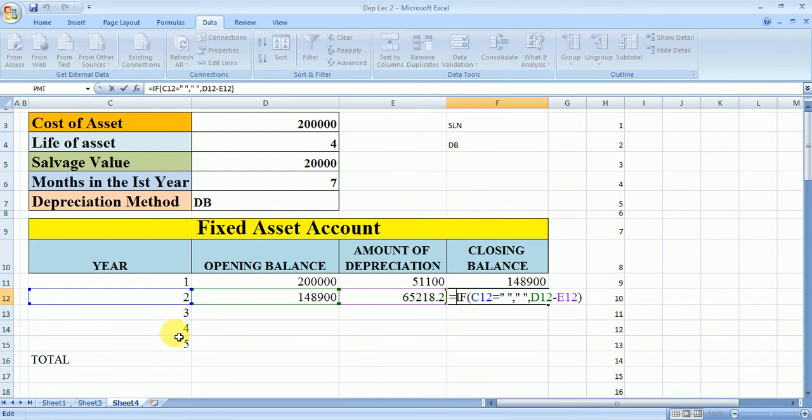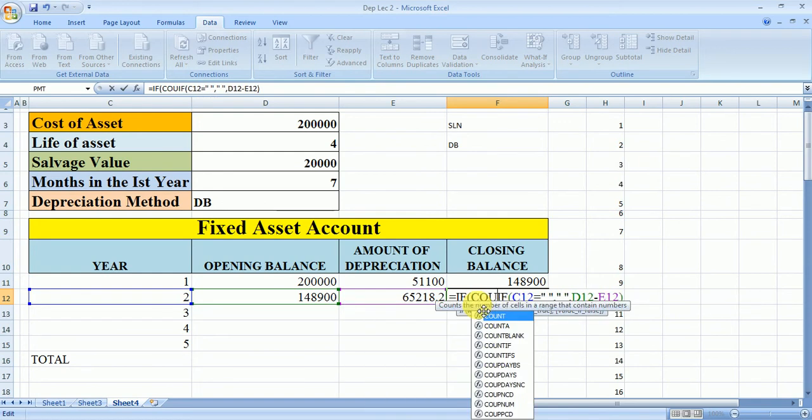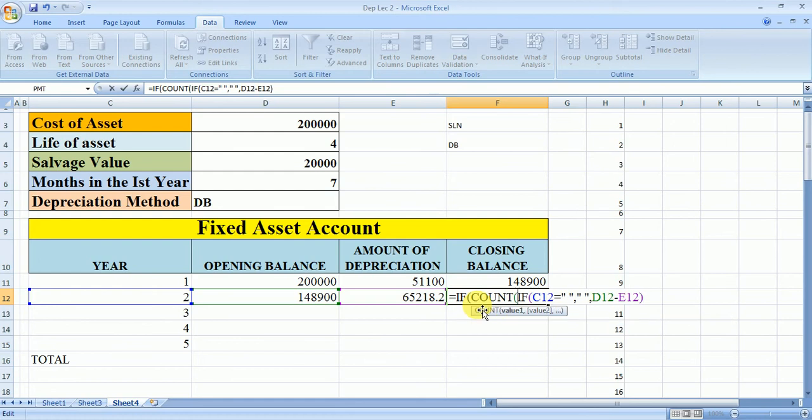As we know, this column consists of numeric values and non-numeric values. So the numeric values are 1, 2, 3, 4, 5, and the non-numeric is total. So again I am going to use the count function here. So if count of this serial number is equal to 1, then do this, otherwise at last it should give the blank, and close the bracket.